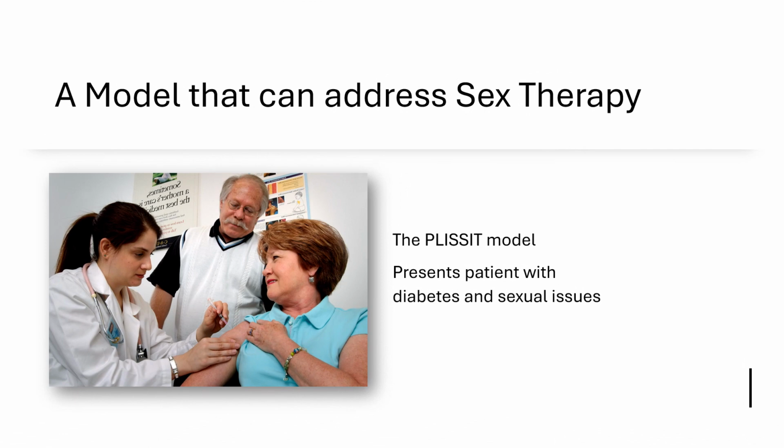So what is a model that can address sex therapy? All the sex therapy approaches mentioned could help clients who are struggling with sexual dysfunctions. However, I felt that the PLISSIT model was one of the most comprehensive approaches for treating an array of sexual dysfunctions, as well as treating other co-occurring conditions that the client has been diagnosed with or may need a diagnosis for, such as an adult in their late middle age who has developed type 2 diabetes or menopause.